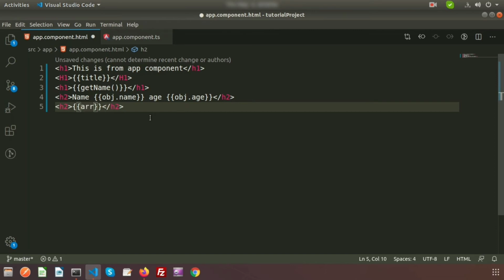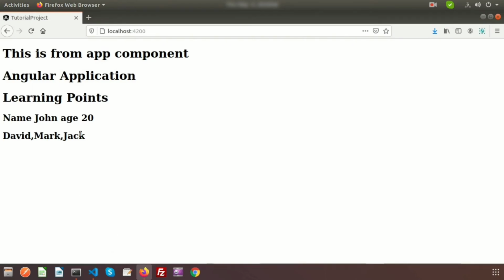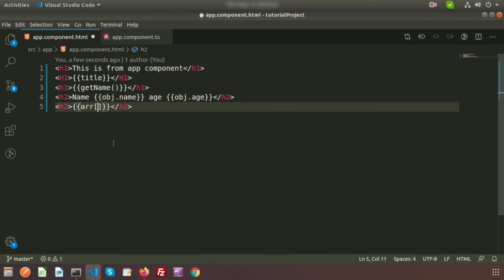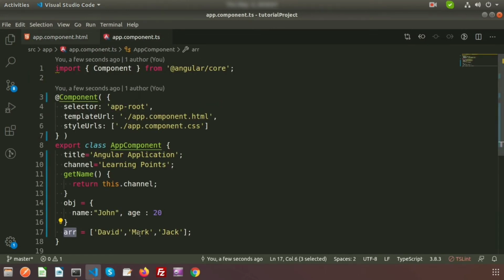So if we just write in this way, simply it will treat as string, so it will print all these things. But if you want to get the value of a particular thing, that is for array index 0, there is the value David, for array index of 1, that is Mark. So suppose I want to print the value of Mark, so we need to print the 1 along with this, so it will only print the value Mark. Because in the index 1 we have Mark, so in this way we can access simply string type variable, function, object, array.